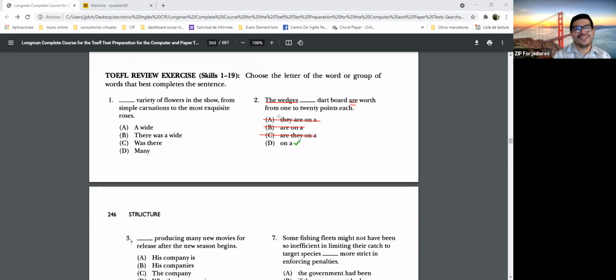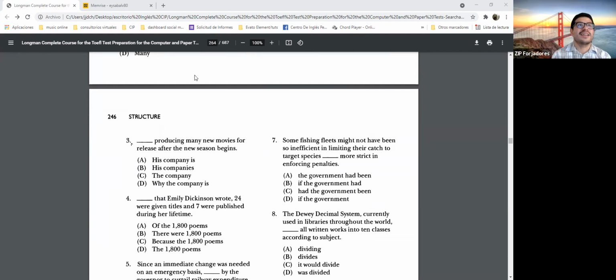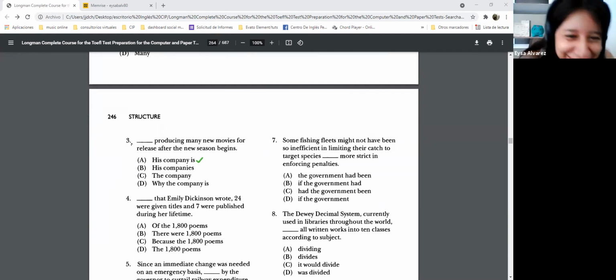Very good. You don't need another subject. Letter A has action, a subject. Letter C has a subject. And you don't need another verb. So that's why, well, letter B, you are not going to do it because it's the verb are. So the option is letter B. Yes, wedges, wedges. Which is okay. All right, so this on converts that word into an object of the preposition on, right? Very good. Let's go with number three. The number three, I said letter A. Yes, exactly, and it's correct. Very good. Really? Yes.